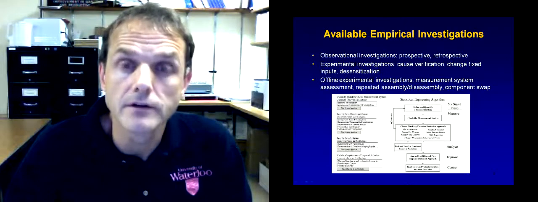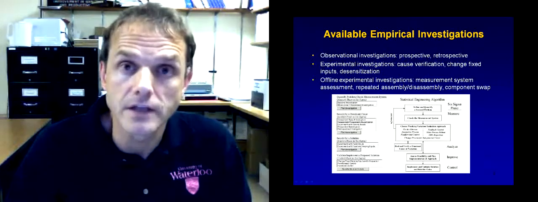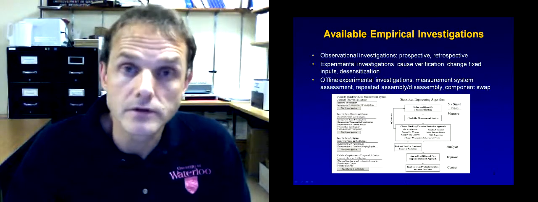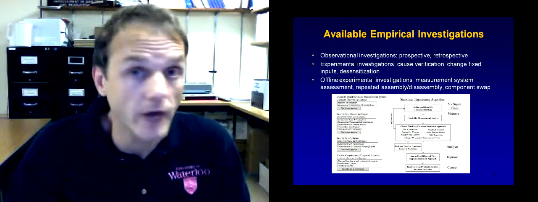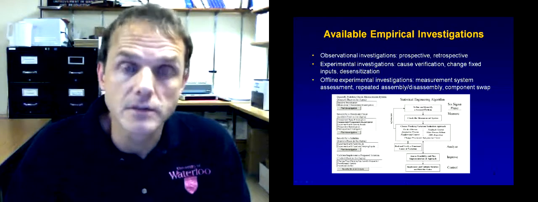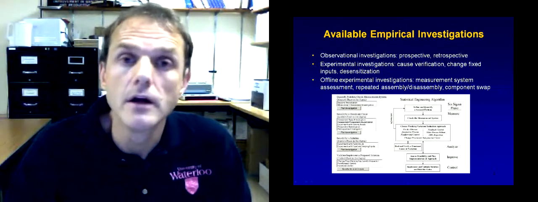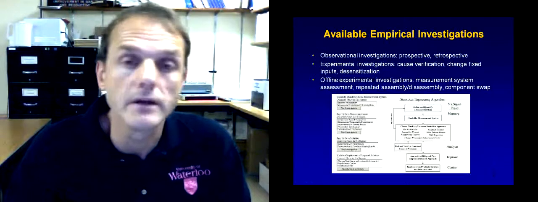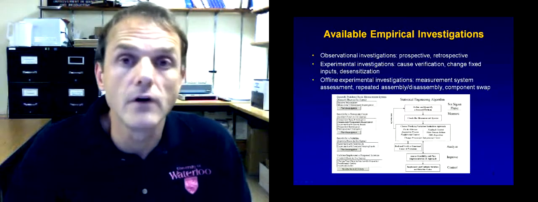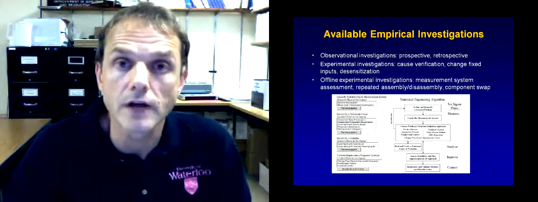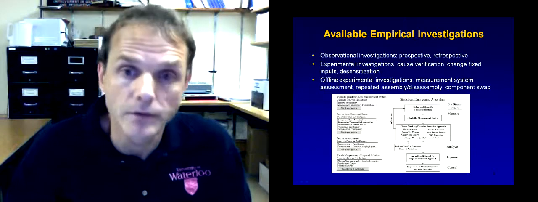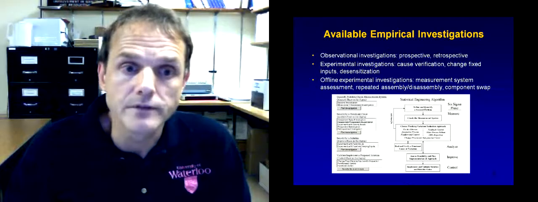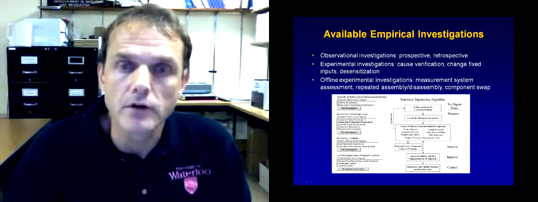There are 8 different kinds of investigations, including observational type investigations, where you simply observe the process in action and perhaps measure some outputs and some additional inputs that you don't normally measure. In addition, there are investigations that are experimental in nature, where you might deliberately set the level of one or more of the inputs to the process just to observe what might happen to the output. There are also some additional types of investigations called offline experimental investigations, including